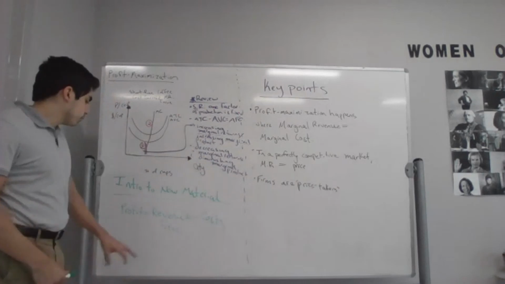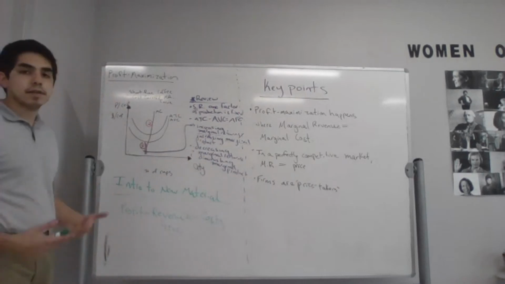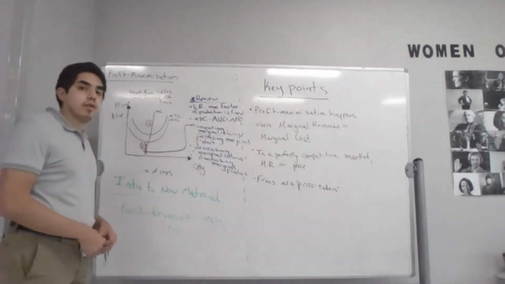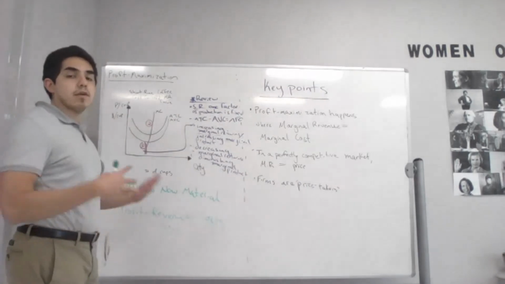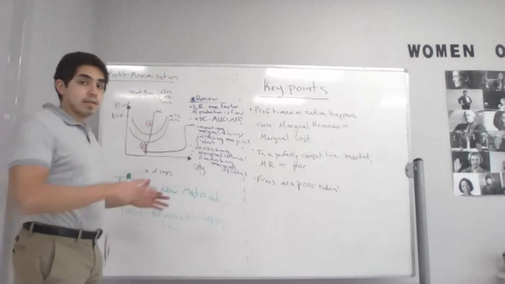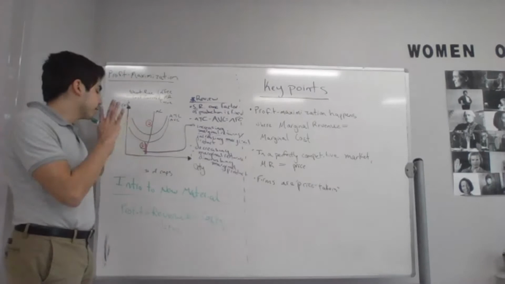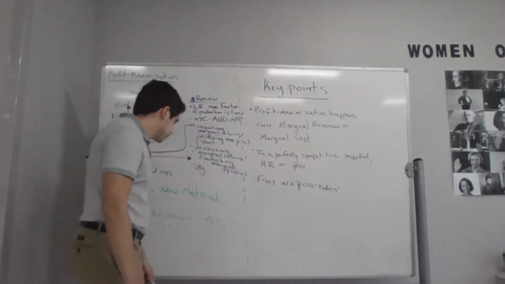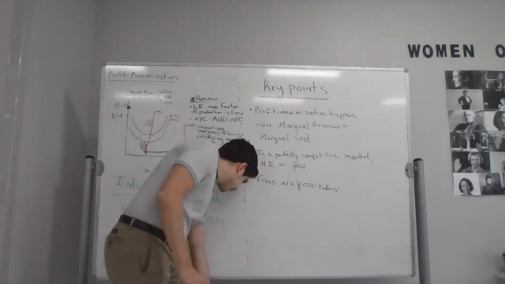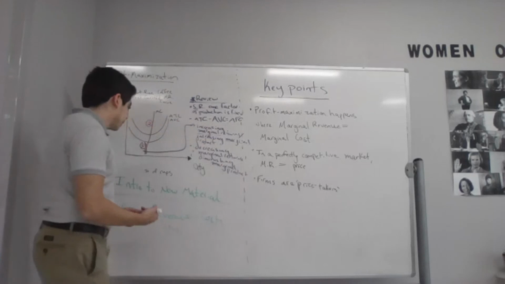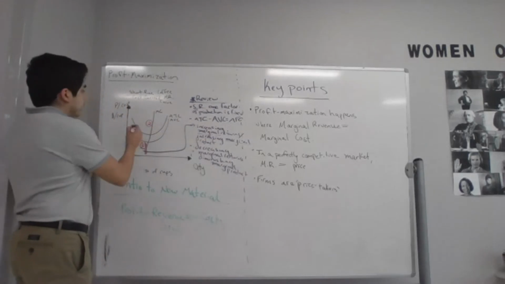And so revenue is price times quantity, right? That's going to be the revenue that a firm gets. So it's going to be price multiplied by the quantity. But we're going to assume that in this model, firms are going to be price takers. And this is going to be important, and it's going to help us,